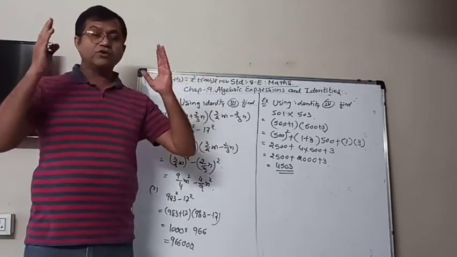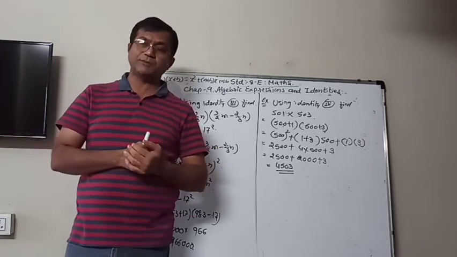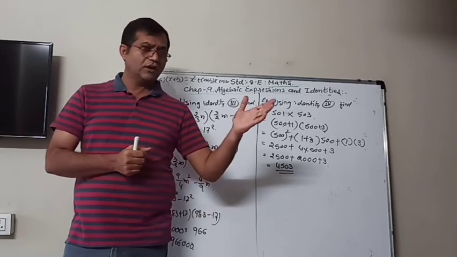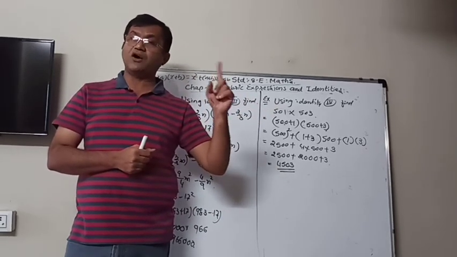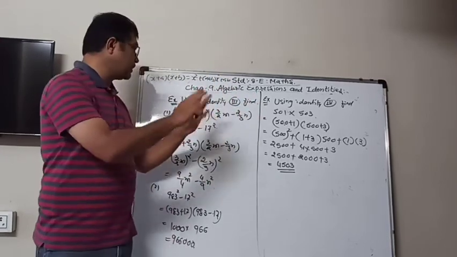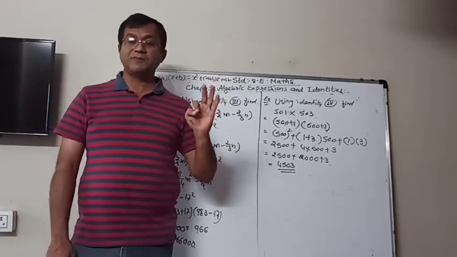In this way you learned today how to use these identities to solve the problems. We are going to finish the session. It will be followed by a PDF, and as I told you, please learn all these identities carefully and don't forget to make brackets every time so that there are no chances of making mistakes.